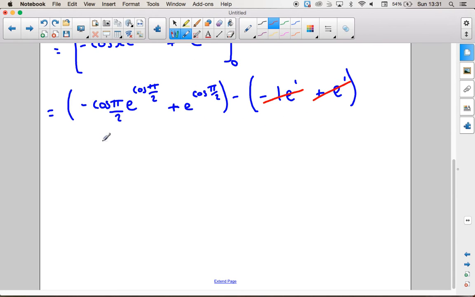So the only thing we need to simplify is this side here. Cos of pi over 2 is cos of 90. Cos of 90 is 0. So we've got 0 times, well, it doesn't matter. So we've got minus 0 plus e to the 0. So the final answer, after all that effort,